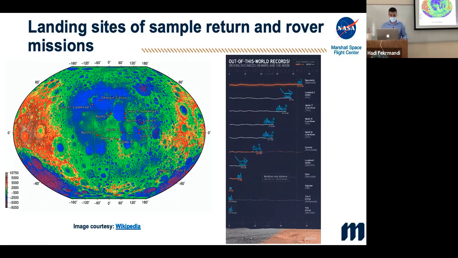As of now, every mission that has been conducted has been limited to single rover missions, and there is so much more that can be done when it comes to exploration, and to the other ambitious plans that NASA has, like creating a permanent, sustainable station for astronauts, rather than the few days or few hours that were done in the Apollo missions. That requires a different level of investment, but